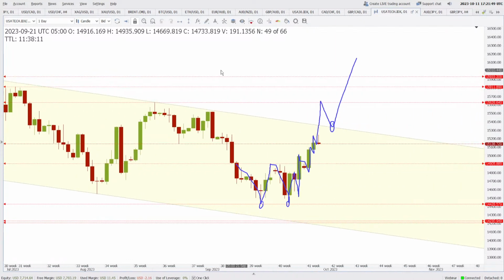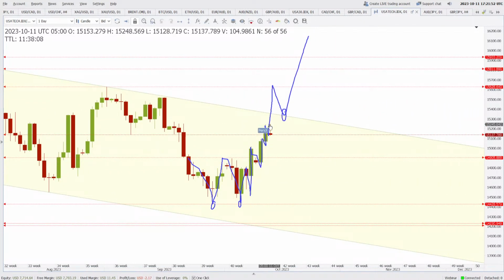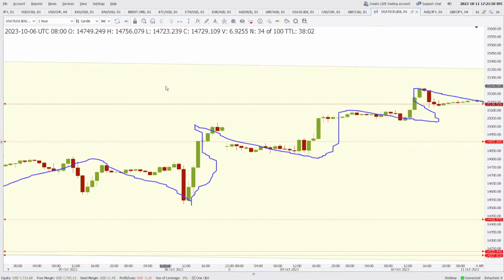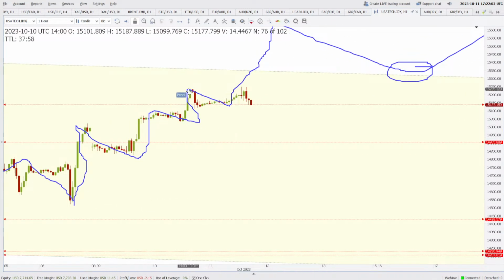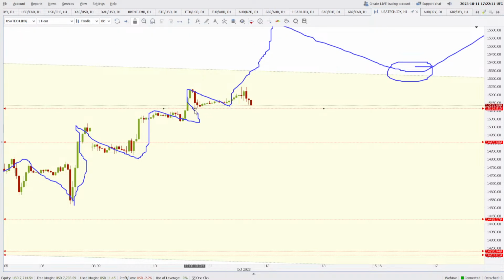USA Tech, we are bullish on this one, but today we can see a bearish pin bar. Yesterday there was a close higher than the level that we talked about. Let's go to the 1 hour and check what happened. This is higher than price. Thereafter it is only making higher highs and higher lows. If the price, I think, breaches this area, then it will be a breakdown on the 1 hour, which may take the price